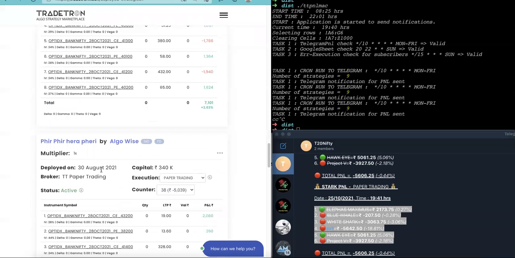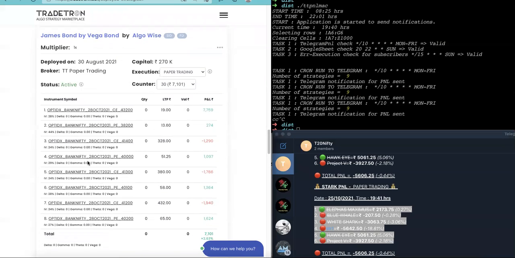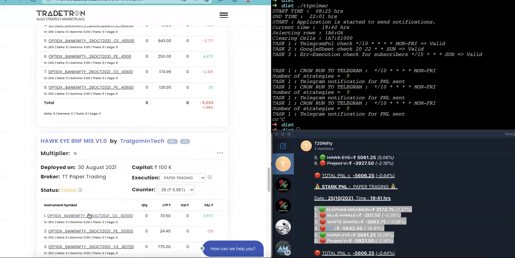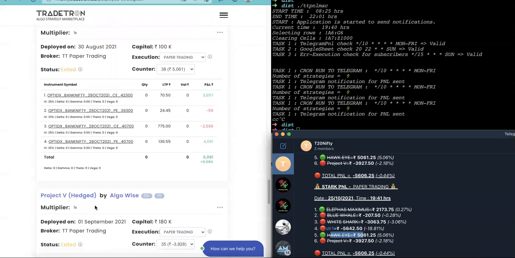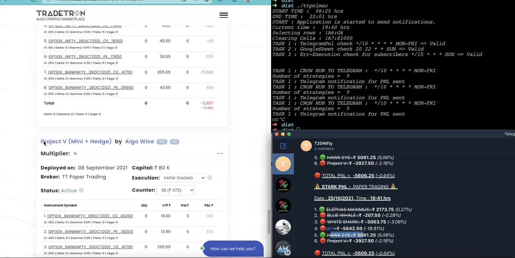So there are three strategies which have a status of active. One, then second, if I scroll, Hawkeye is already there in this. Okay, Project V is also there, and this one, Project V Mini and Edge.